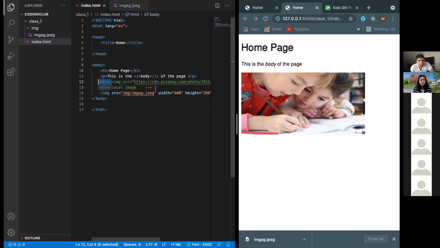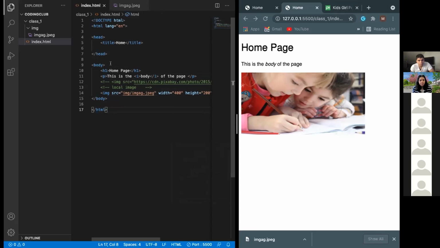You just use the keyboard shortcut, Command slash, or on Windows, Control slash. It automatically makes a comment of whatever you put into comments. So we finished four tags at the moment